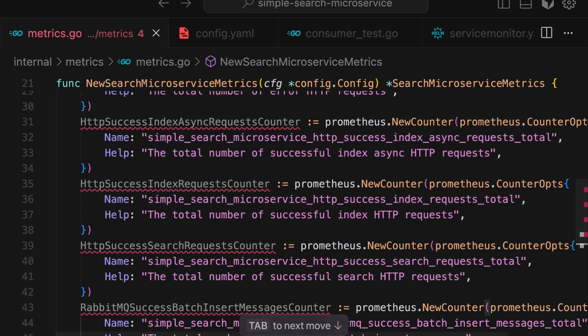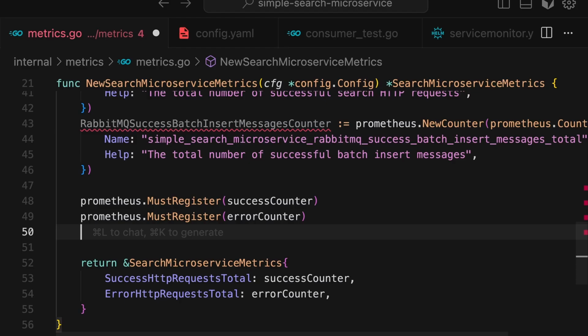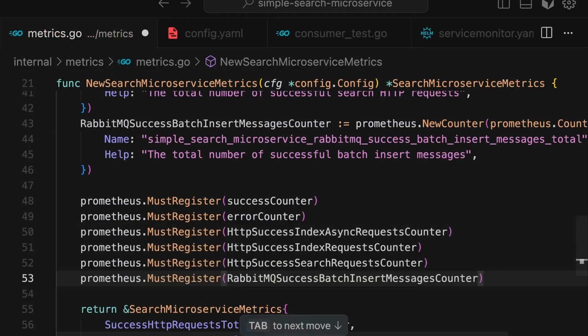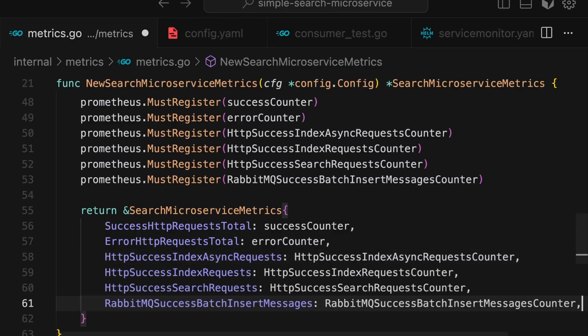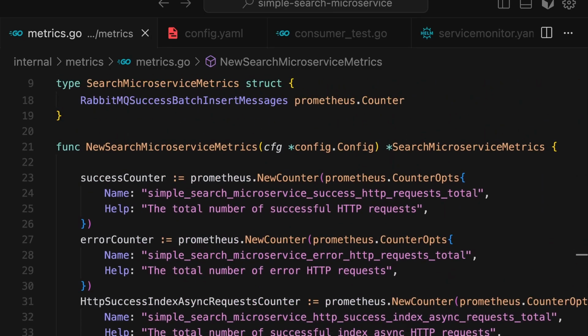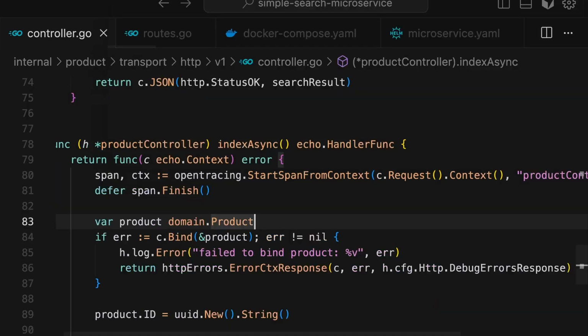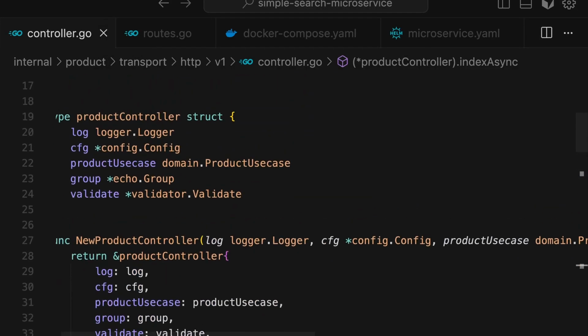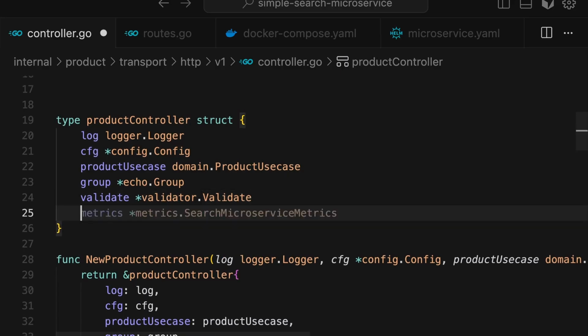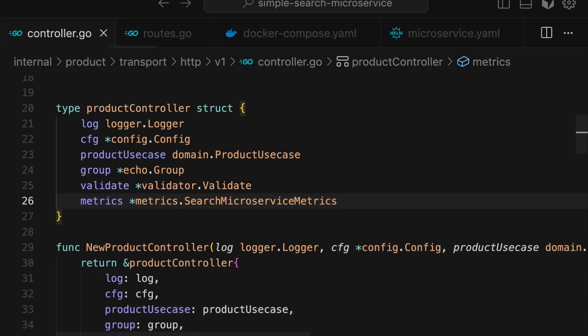So just give a name and then any other help text that you want. And now I just need to register them, must register all of those things. And here I'm just going to export these things. Okay, so this way I had it here, and now I need to pass these things all the way to my repository, or the place where we want to actually calculate this. Its main place is basically our controller. So let me go to my controller, and here below this I'll add search microservice metrics, and